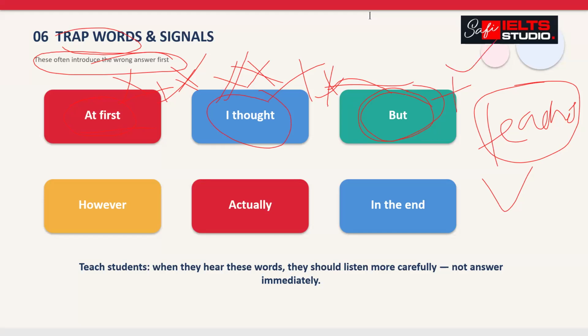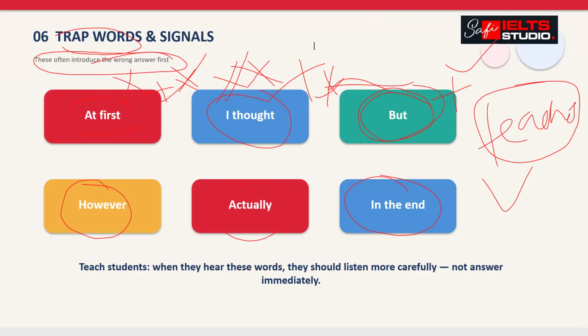And you need to catch the examiner with "however." You need to catch the examiner with "actually." You need to catch the examiner with "in the end." These are the words. We call them trapping words. These are the signals. And if you don't know these signals when the speaker uses them, and you don't catch the speaker properly...